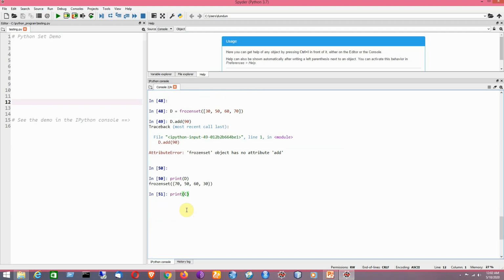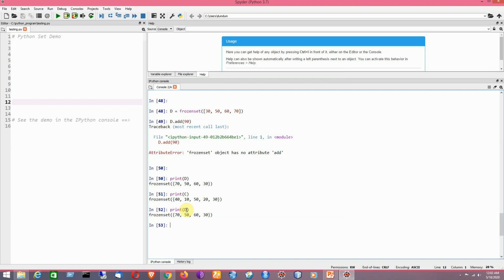Let's print C once again and print D, so it will be easier for you to understand what the values are and what is going on.